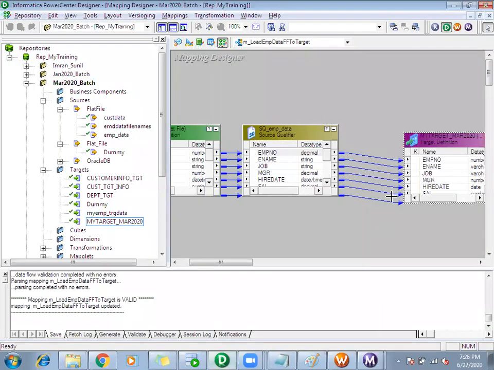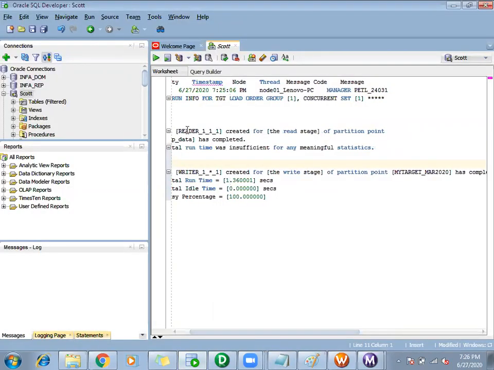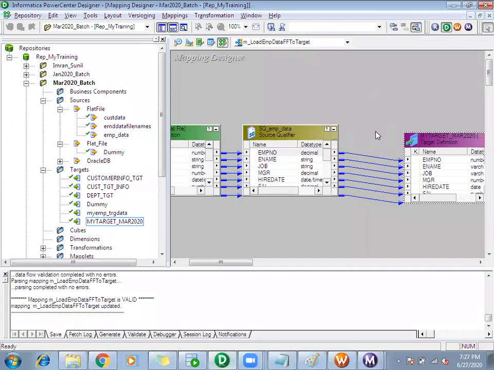Let me create one transformation also. Since there are no transformations in the mapping, it has just created the reader thread and the writer thread. So we don't see any transformation thread, since we don't have any transformation.